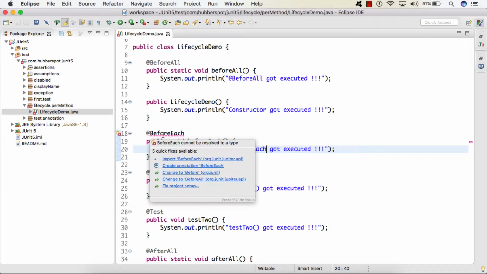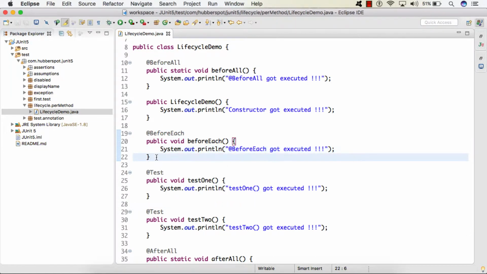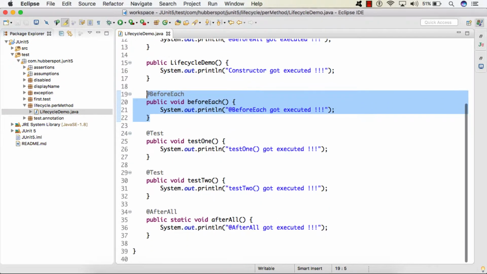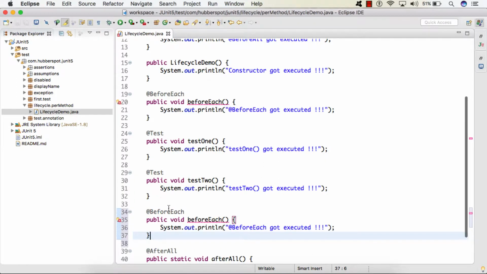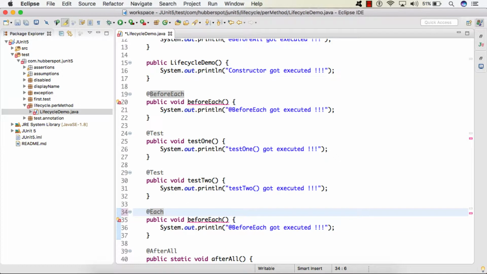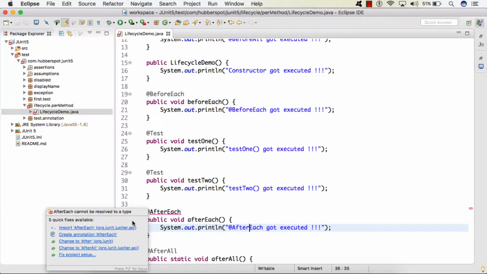I will import it. And similar to this method, there is @AfterEach. I will import the @AfterEach annotation.